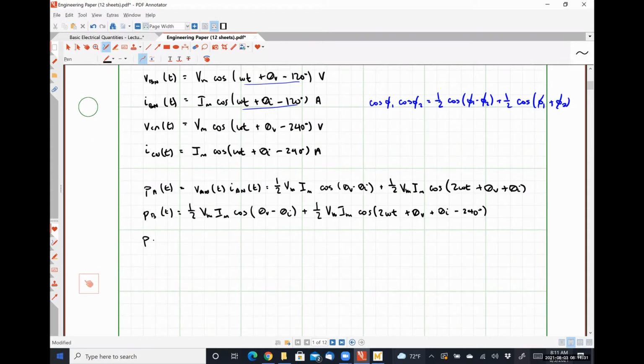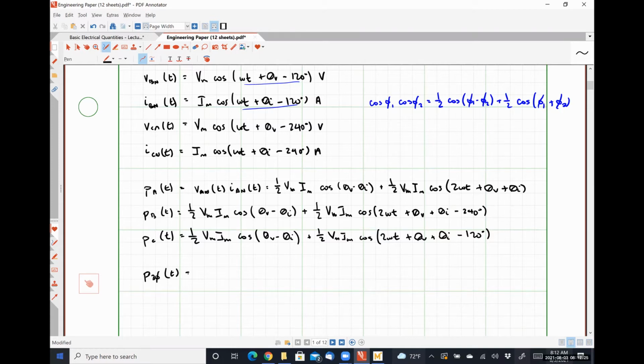And similarly, across our C phase, we'll have 1/2 Vm Im cosine(theta v minus theta I) plus 1/2 Vm Im cosine(twice omega t plus theta v plus theta I minus 480 degrees). But I'm going to express minus 480 degrees as minus 120 degrees because they represent the same angle, right? So 480 is 360 degrees away from 120. So I'm going to call this minus 120 degrees. So when I add all these three together, I'm going to call this P